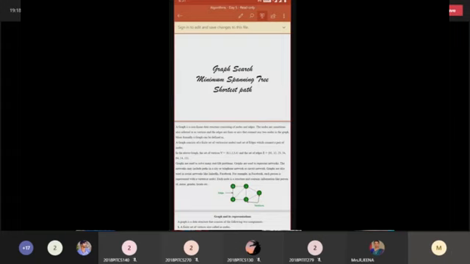So graph search, this is one of the important topics. We'll complete as fast as possible. Graph is one of the data structure concepts. Here you have to take the vertices as well as the edges. So that is called a graph. There are two types of graph. There is also graph representation: the adjacency matrix and adjacency list.